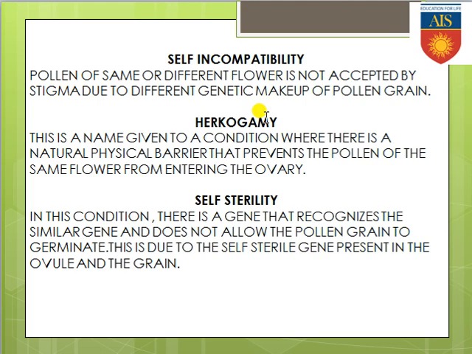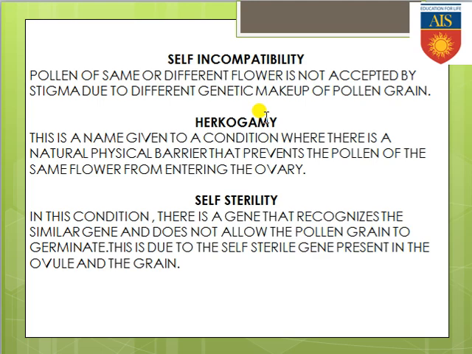Here one more thing I want to say, that suppose same flower, the pollen grain and the stigma, or rather the ovary portion, most of the time we know they are containing same kind of genetic makeup, but sometimes it is also found that maybe the two different flowers of the same plant, on that time it is found that the pollen grain of one flower is containing one kind of genetic makeup, but the female part of the another flower of the same plant is having another kind of genetic makeup. So due to the presence of the another kind of genetic makeup, most of the time what is found that the self pollination cannot happen, okay, due to the difference of the genetic makeup.